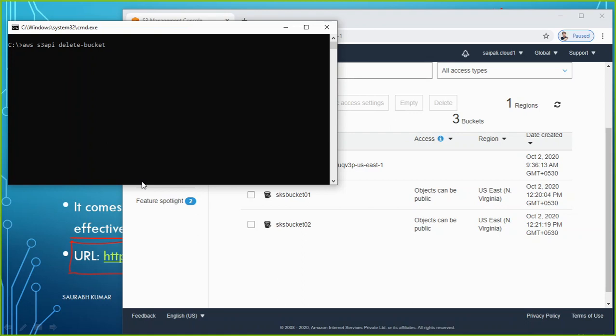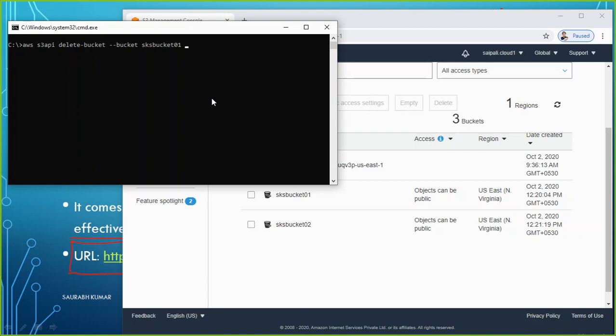So I hope you understand the difference now. Delete-bucket, then --bucket, and then you put the name of the bucket. Whichever bucket you want to delete, 1 or 2, you just type the name of that here. So let me first delete SKS bucket 01. So this is my bucket name.